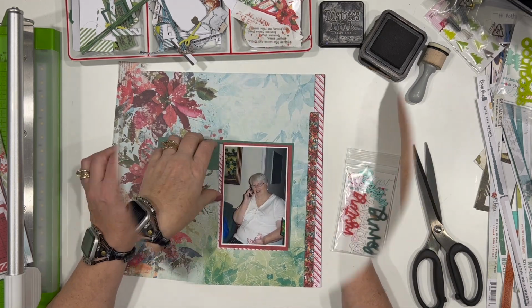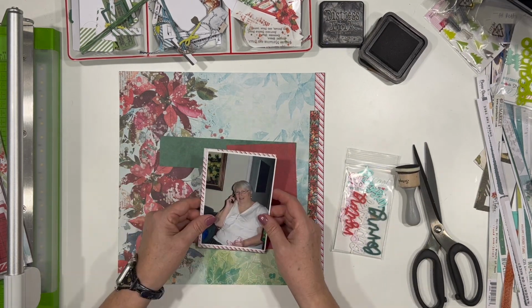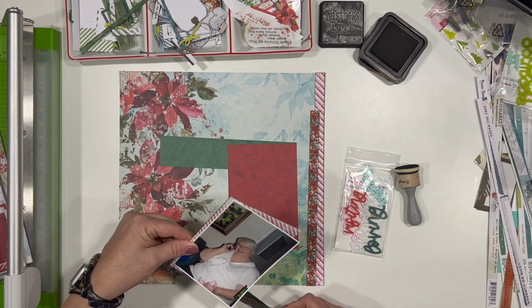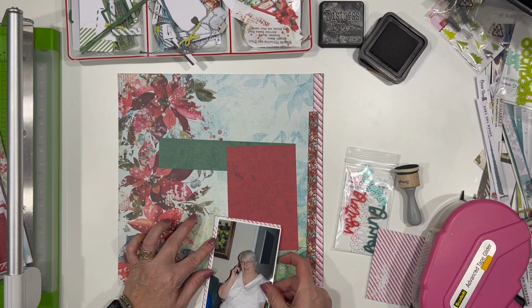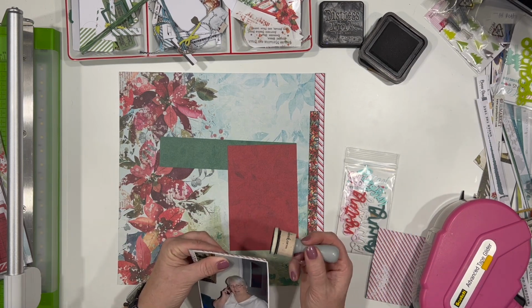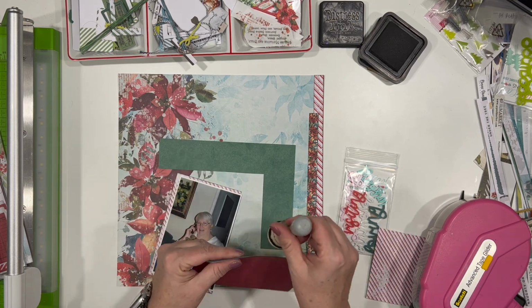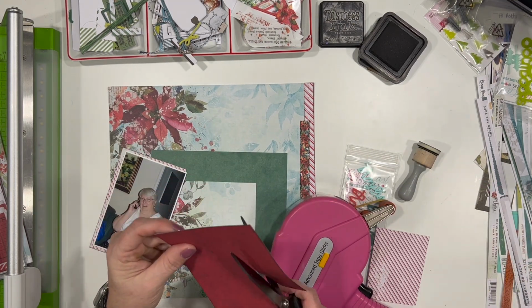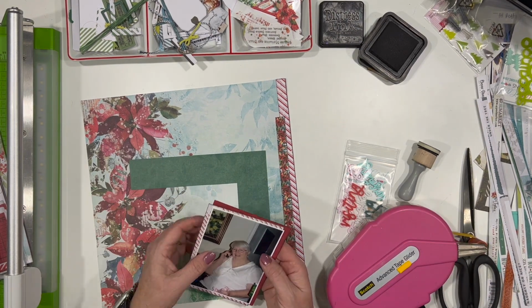It also works well with the colors in the photo. There is a little bit of green and some teal in there, so I thought that worked well also. And I brought in the candy cane stripe to the right hand side using a piece of branding strip. I know I want to bring it to the left of the photograph, and then I'm also going to bring it over to the upper left hand corner, just to bring in more of that stripe